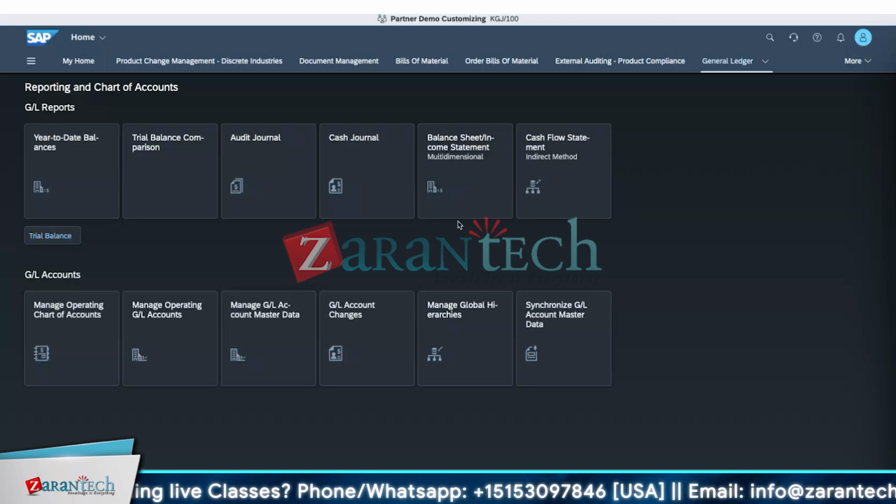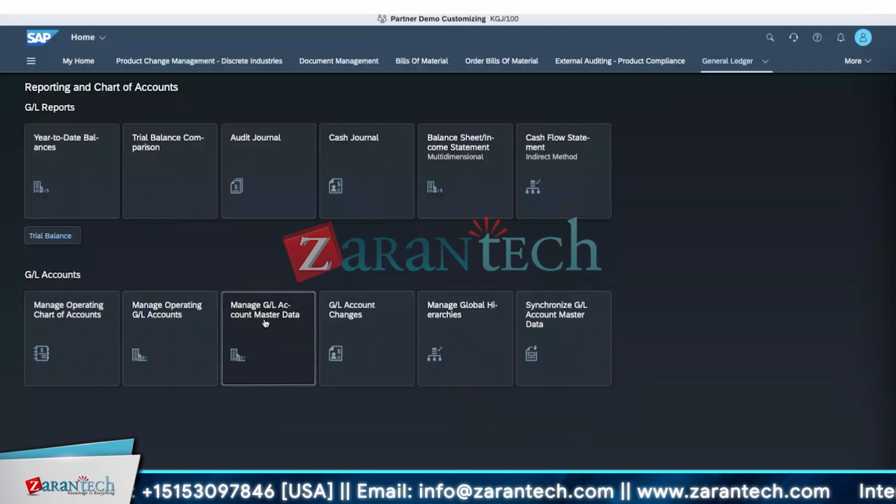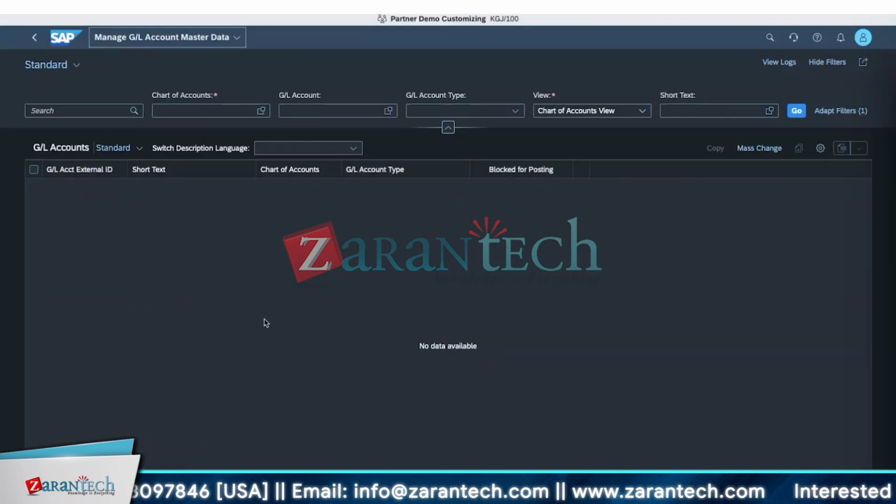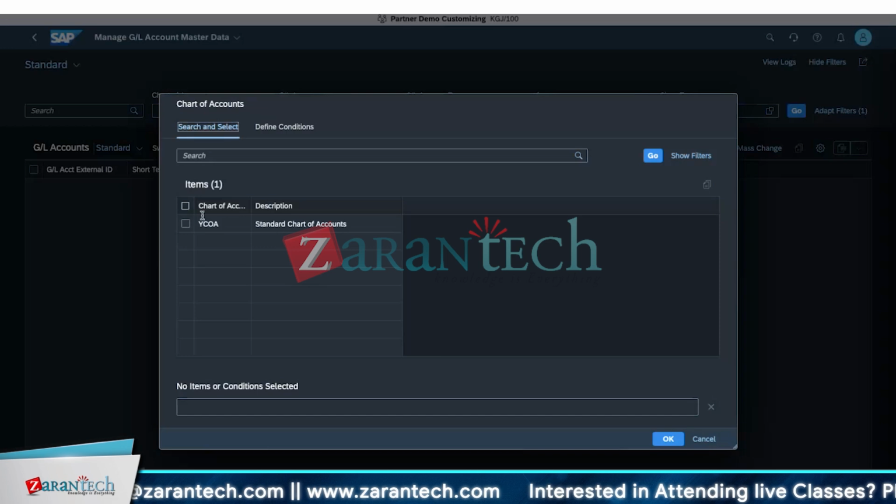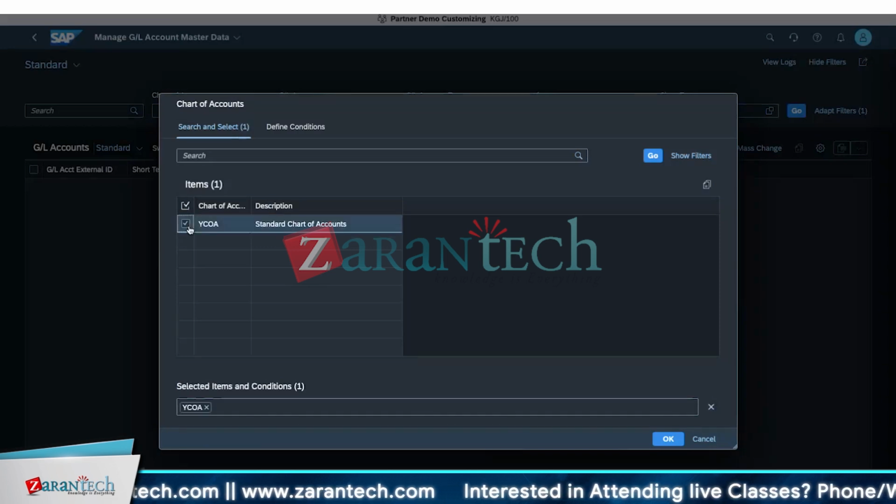When you go to here, you will see the Manage GL Account Master Data. Okay. This one, Manage GL Account Master Data. So you can see the different charts of accounts are already there in the system itself. I'm just taking one chart of accounts. I already told you the system has already created YCOA, which is the standard one, which I depicted as the example for that, right? So if you go here and simply say okay,